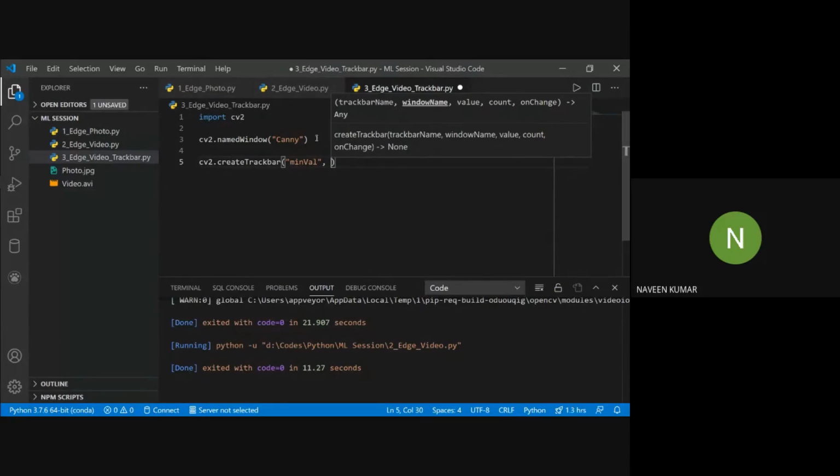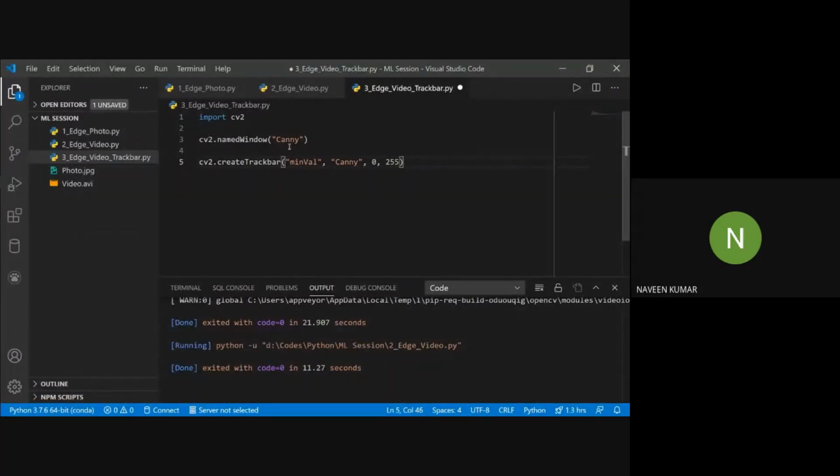We have created this Canny window name, so we'll put this track bar in this window. The third parameter is values. So we want it from 0 to, let's say, 255.